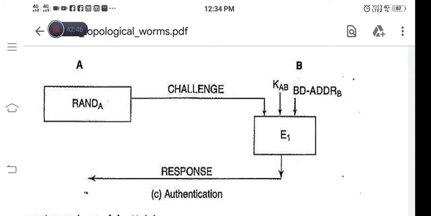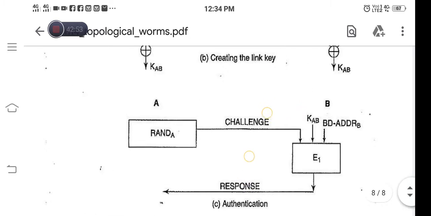This is how authentication is performed using Bluetooth devices.